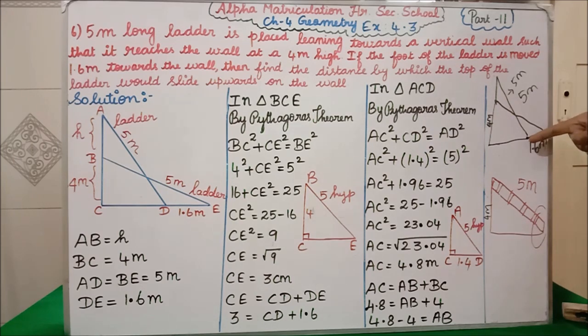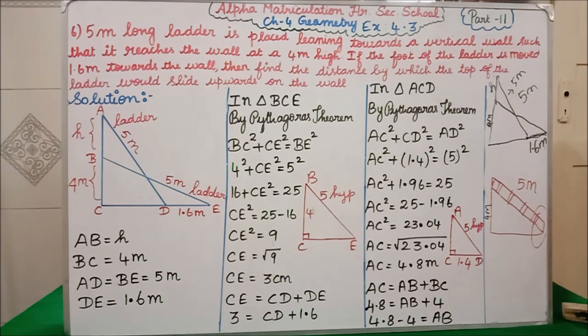When you are moving this side, then obviously the top part will also go up a little bit, isn't it? So it is moving a little bit up. In the question they have given only the 4 meter height of the building. How much of the building remains, we don't know. In which height the ladder top is, we don't know. So from here to here we don't know the height, so we are keeping that as h. Now can you understand, students?